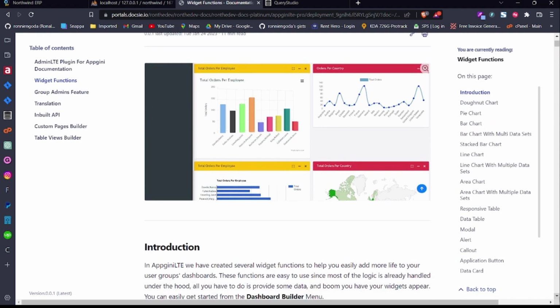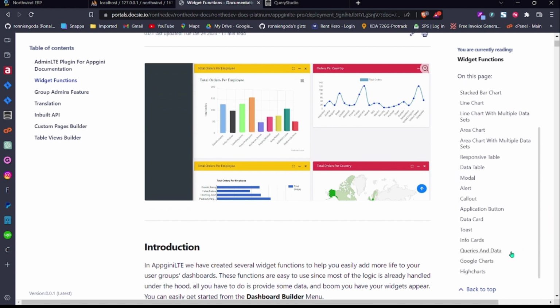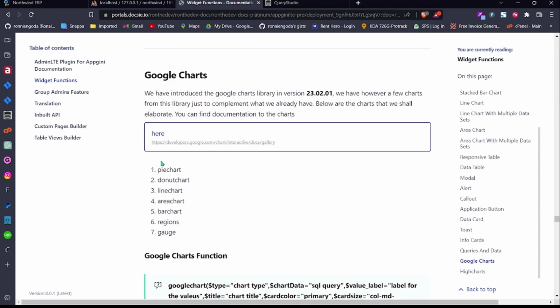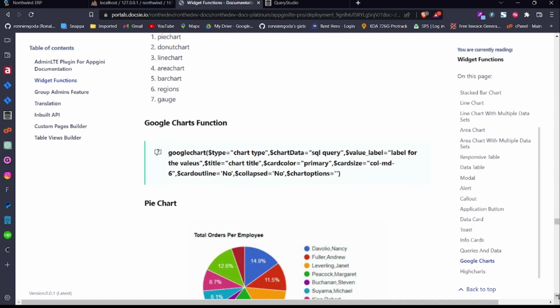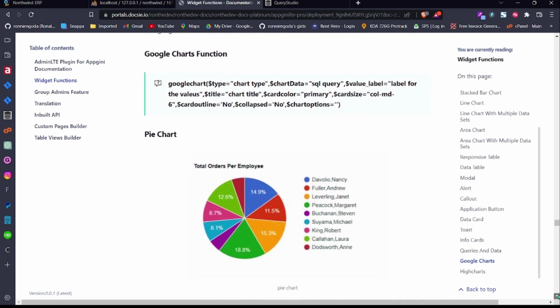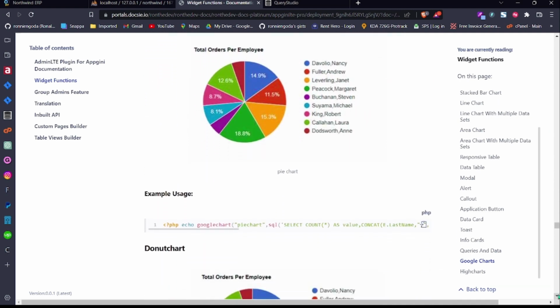For this specific case, we want to see the Google Charts, for example. Google Charts, we have pie chart, donut chart, line chart, area chart, bar charts, regions, and gauge. You can see all the examples we have here and example usage. If you want a pie chart, this is how you do it. Call the function Google Charts, provide the type as pie chart, provide the query for your data, and